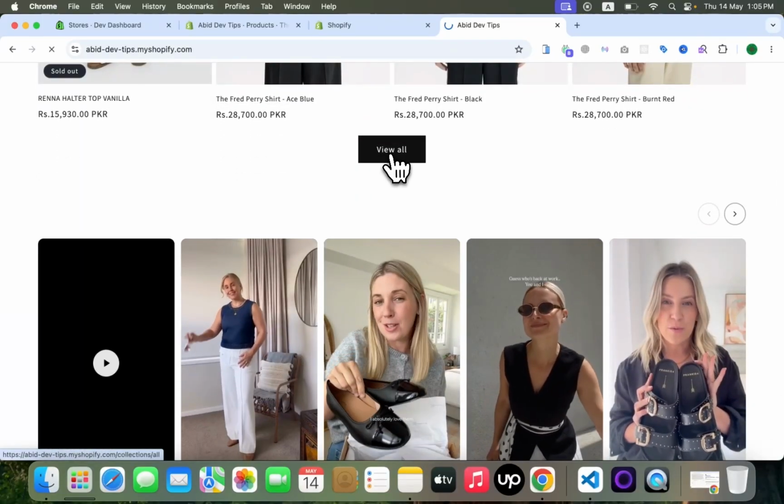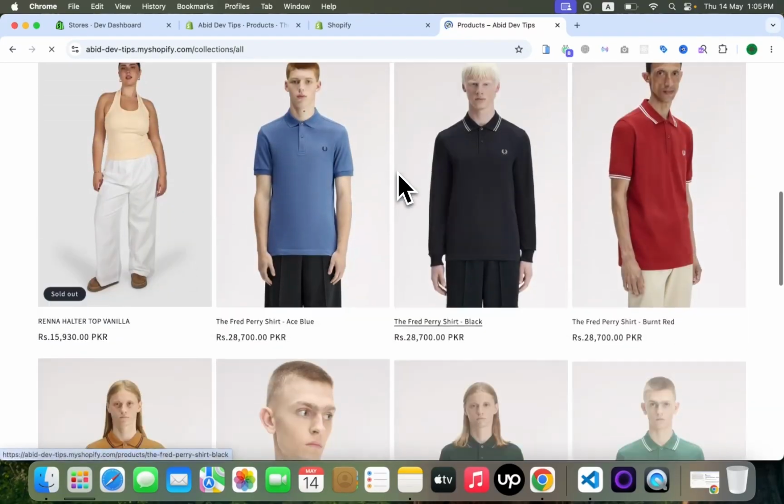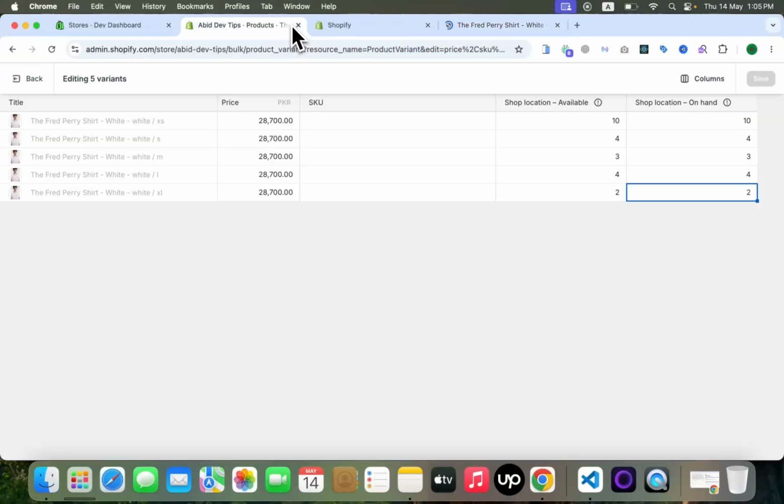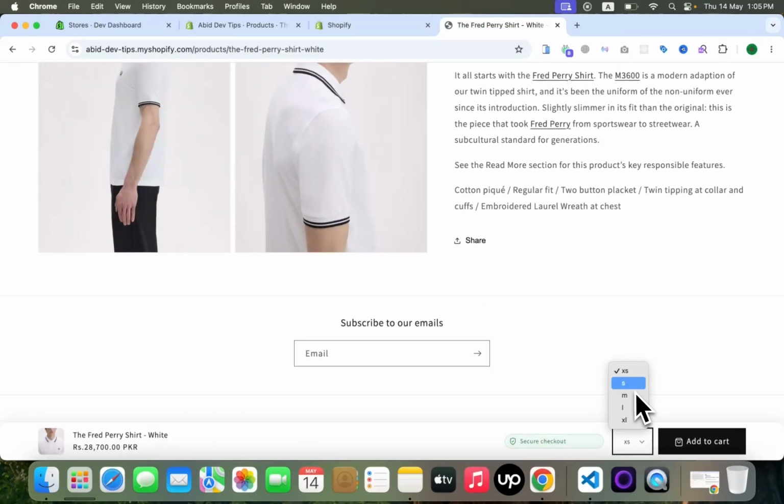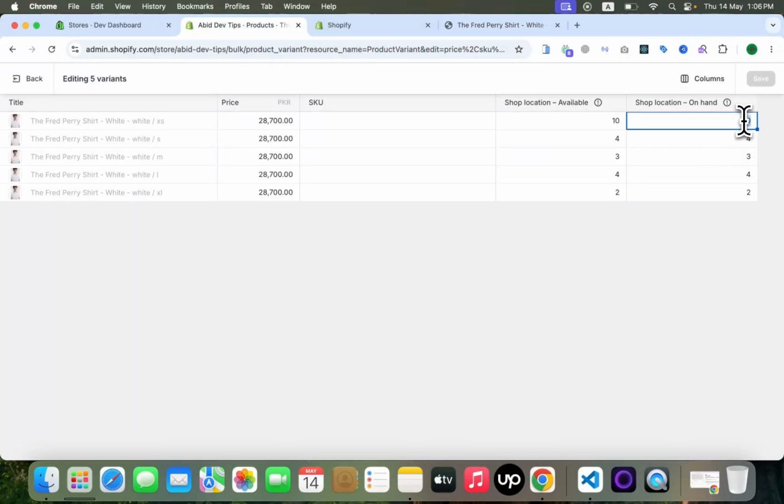For example, white F, inventory is 4. Change inventory, for example 4.